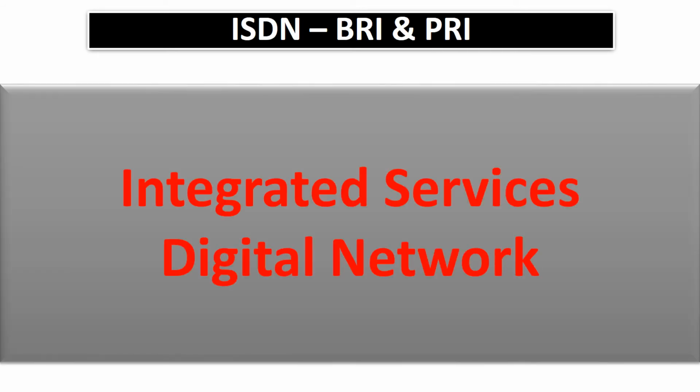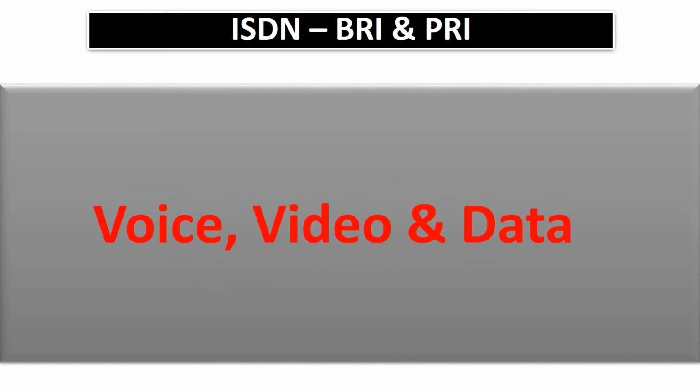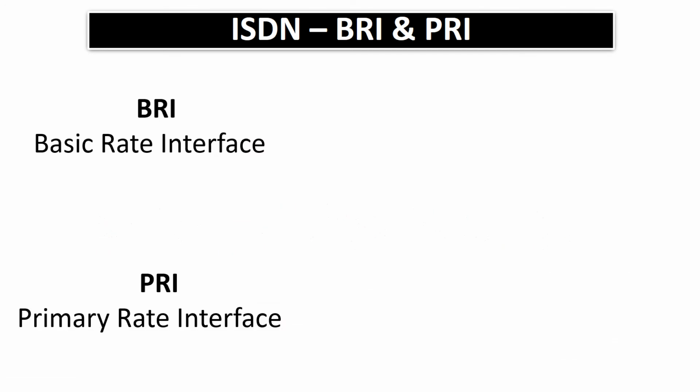ISDN is abbreviation for Integrated Services Digital Network. ISDN is a circuit switch technology which carries digital signals including voice, video and data over PSTN links. ISDN can be categorized into two parts, BRI and PRI, where BRI stands for Basic Rate Interface and PRI stands